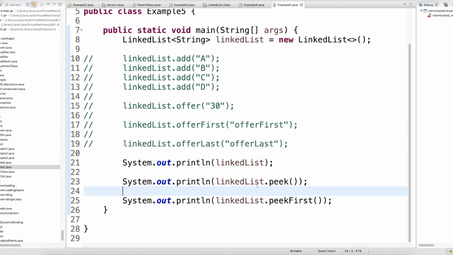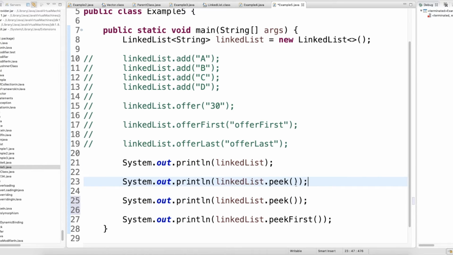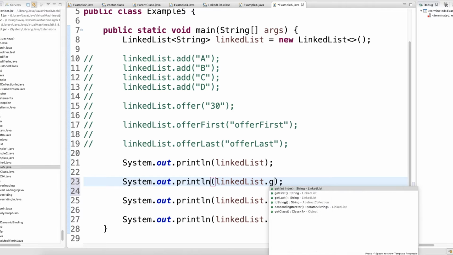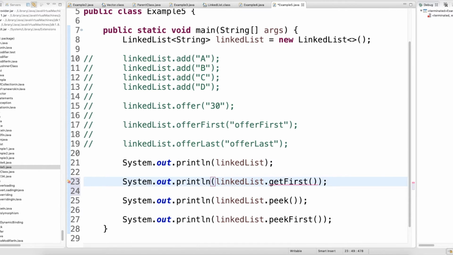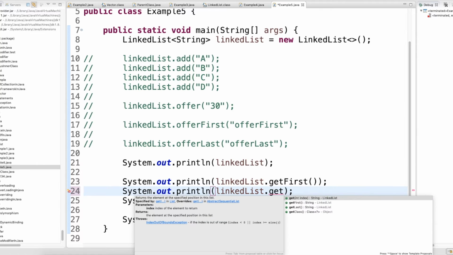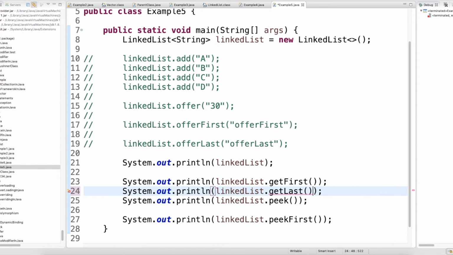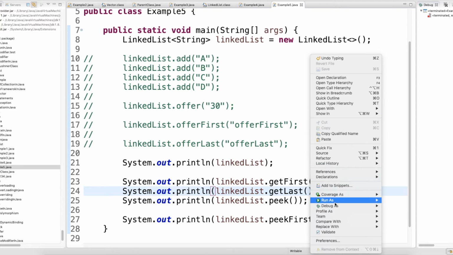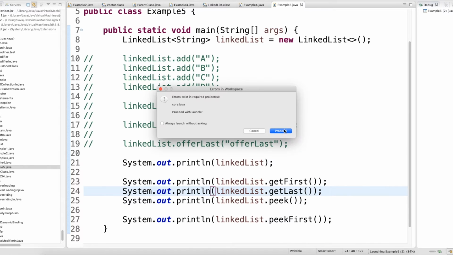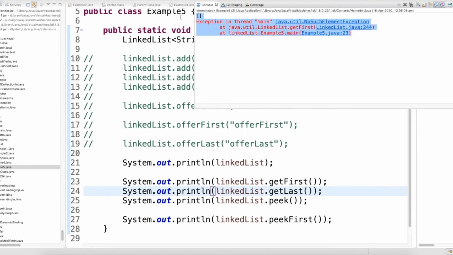But what happens when you call here dot get first, okay, or when you call get last, okay, and when you run this, see, look at here, you are getting that no such element exception at line number 23, which is this line.